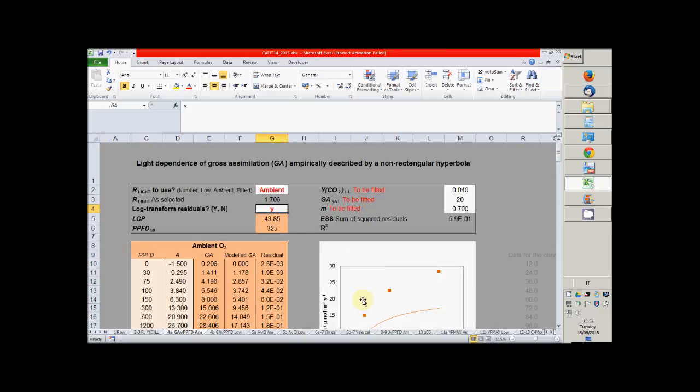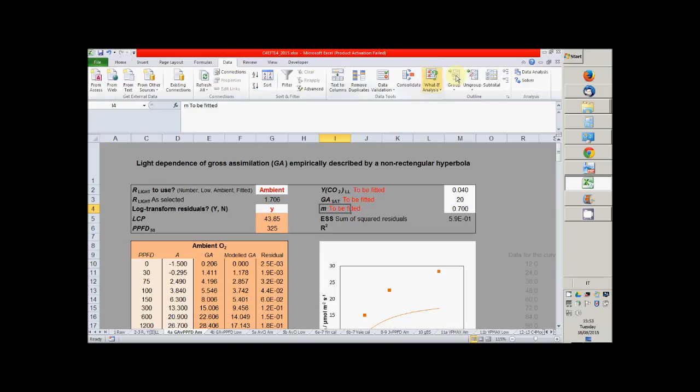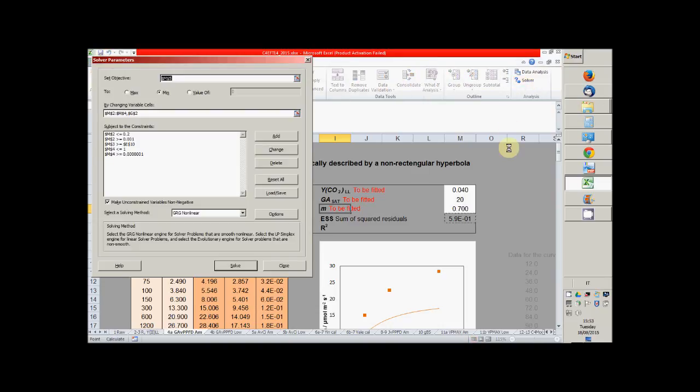The non-rectangular hyperbola has got three parameters. One is the initial slope, which is called the initial quantum yield for CO2 fixation. The second is the horizontal asymptote, which is the light saturated rate of gross assimilation, and one is an empirical curvature of the hyperbola. To fit these parameters, we can go to Data, Open Solver,